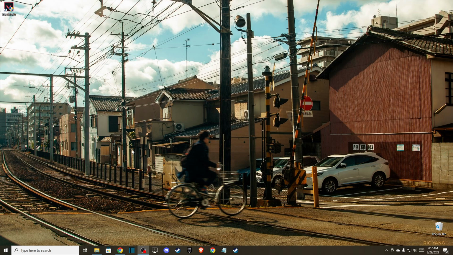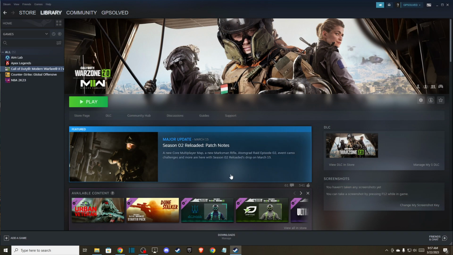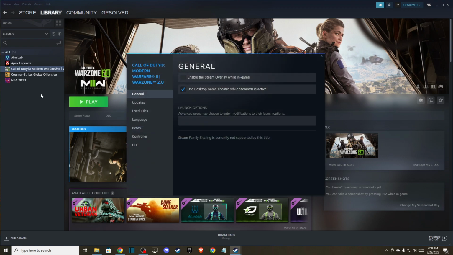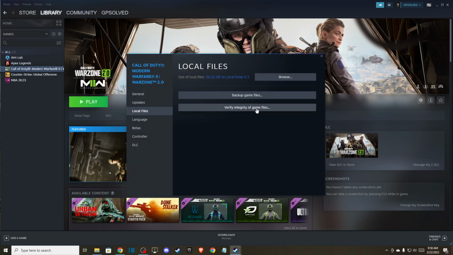So first of all, what you can do here, you can open up Steam or Battle.net client and then go to library, right click on it, go to properties, and make sure to go to local files and verify integrity of game files. So maybe your game has some corrupted files you need to fix. So this thing will delete corrupted files and replace them with the good ones, right? And so verify integrity of the game files, and if the problem persists, then what you need to do here,